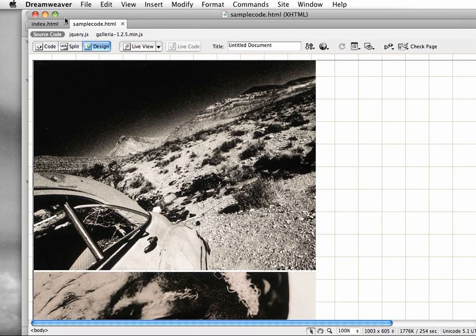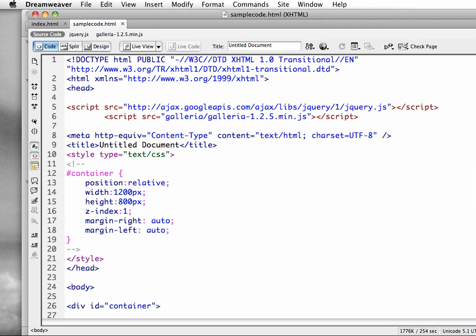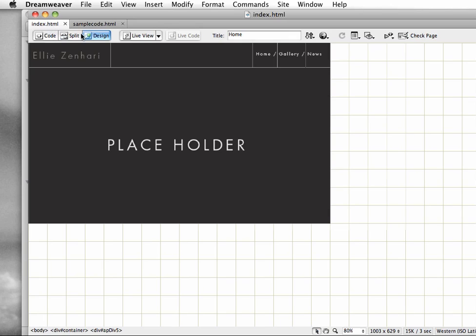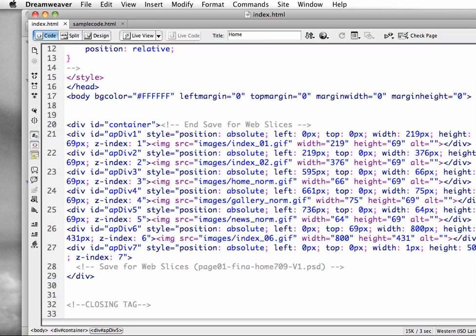and I'm going to go to the code. And there are two sets of code I need to copy into my document. There are two sets of script. One is an external script, and it references a JavaScript library, the jQuery library. Another one is the folder that I have in my folder. So I'm going to copy these two sets of lines, come back to index, back to code, and I'm going